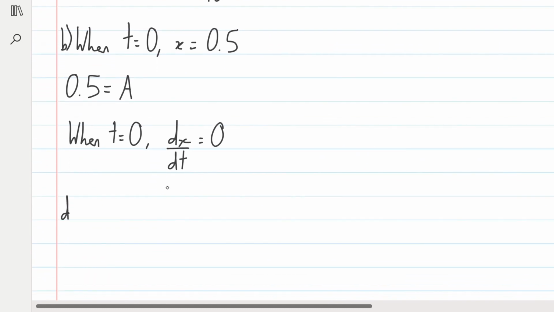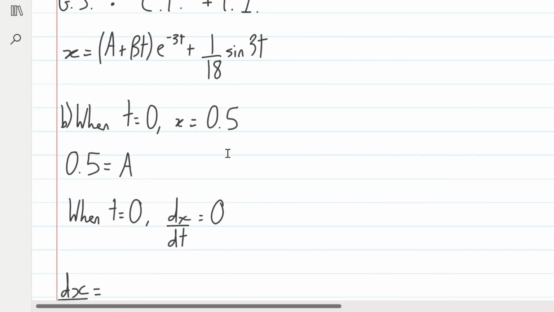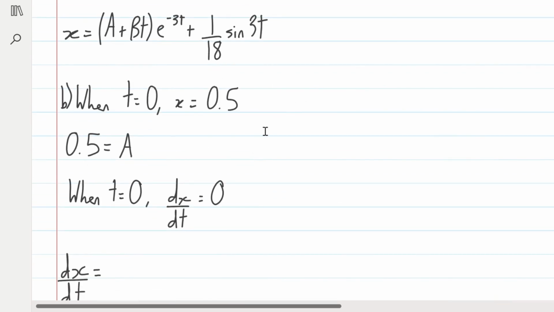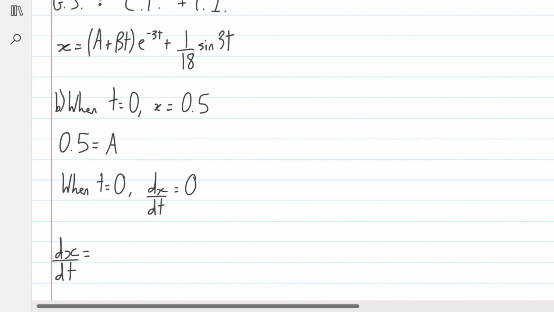But now we need to differentiate the equation above. Don't forget your product rule. Don't forget your chain rules. Watch out very carefully here. So the first bit, we're going to differentiate the first part in the bracket, so it's just going to end up being b